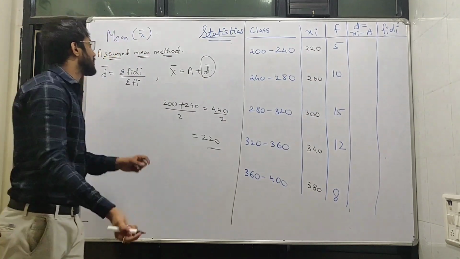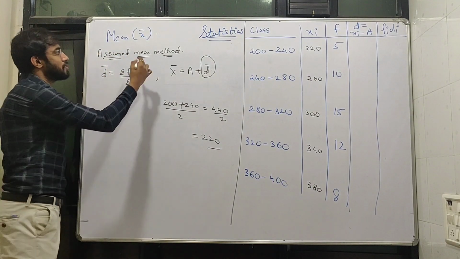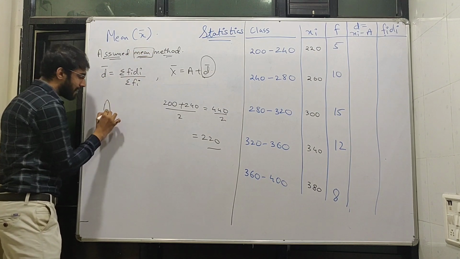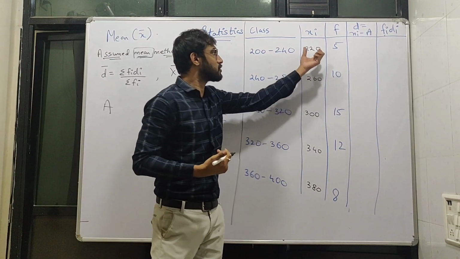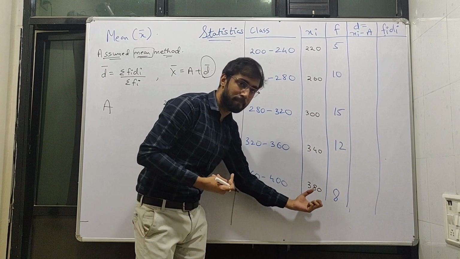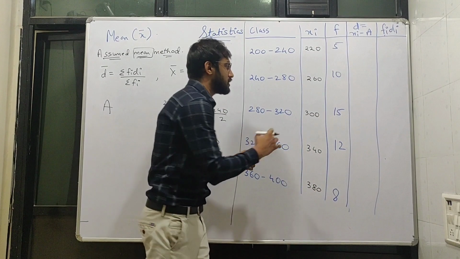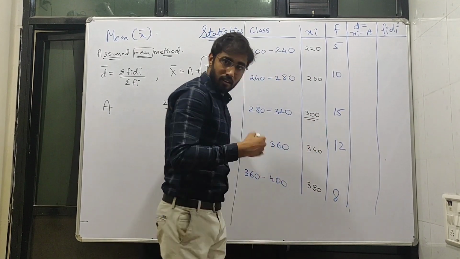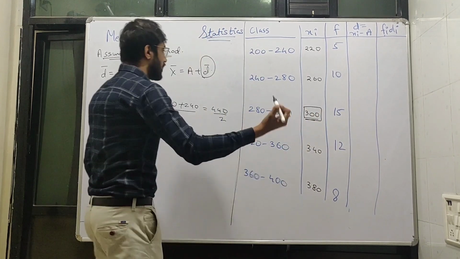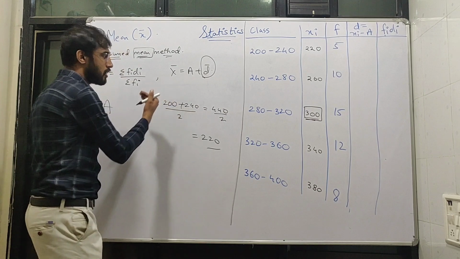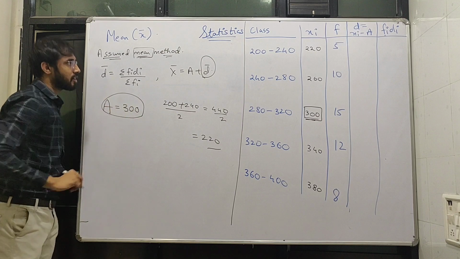Okay, so this method is called the assumed mean method. Here we have to assume a value for a mean, that is, assume a value a. So how do we assume? Here there are 5 values. If we look for the middlemost value, it has 2 above and 2 below. So this is the value which is in the middle. Which value is that? 300 is our assumed value for this numerical. So in assumed mean, we have assumed 300 as our value.